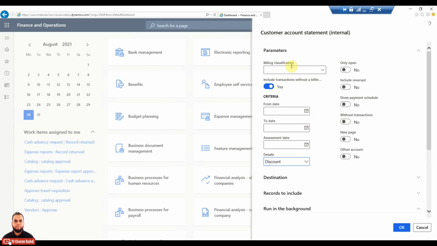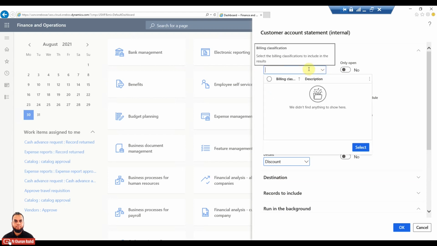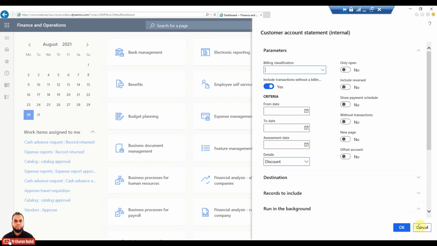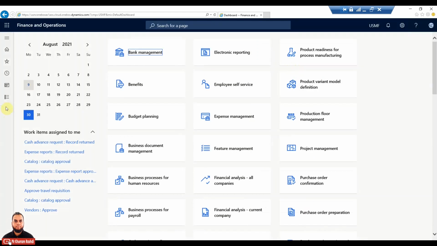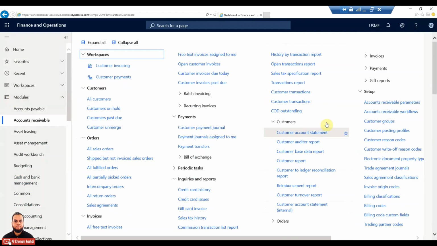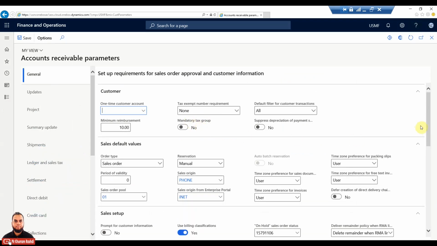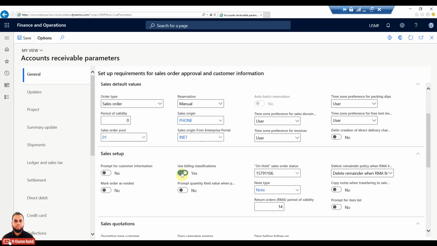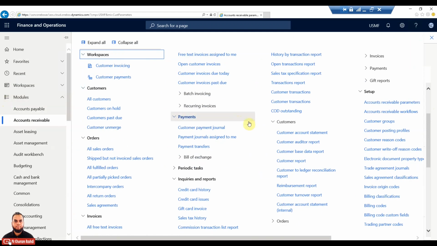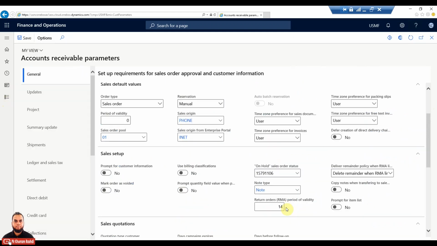So this billing classification is triggered from the account receivable parameters. If we disable that parameter, it will go. I will just show you how that is controlled. Go to the account receivable parameters. In this one, use billing classification. If you turn it to no and save it, and now if you call the same report, the billing